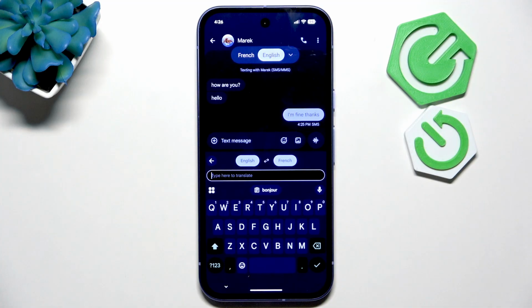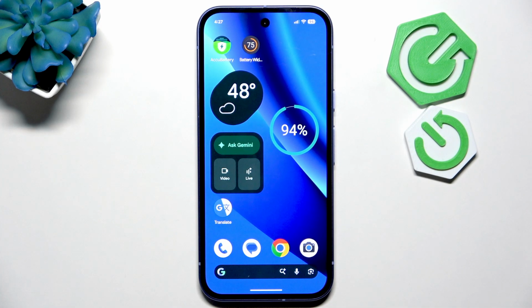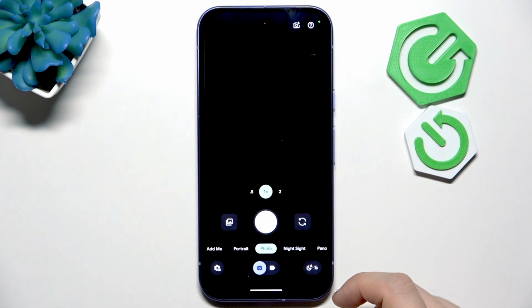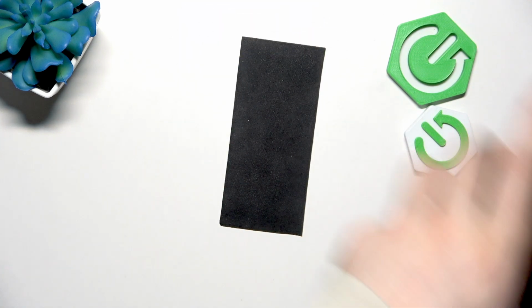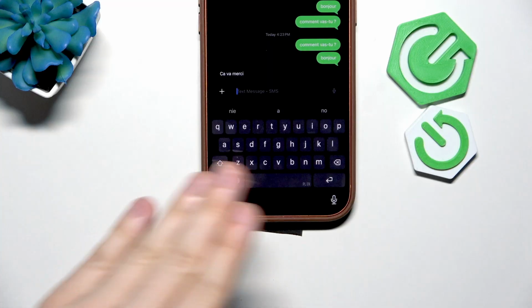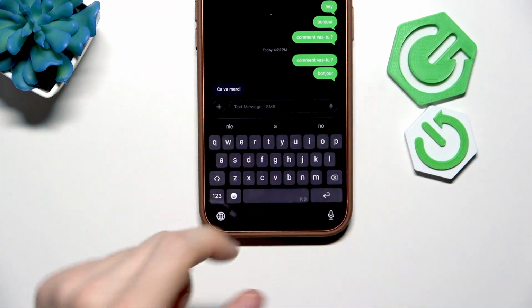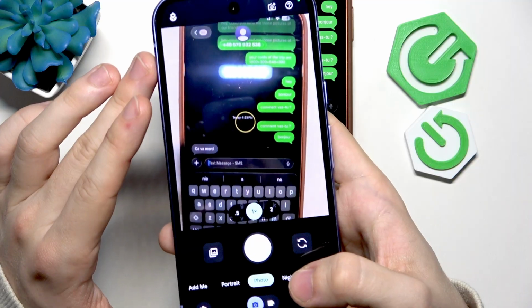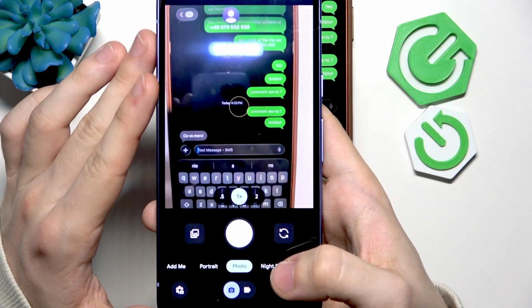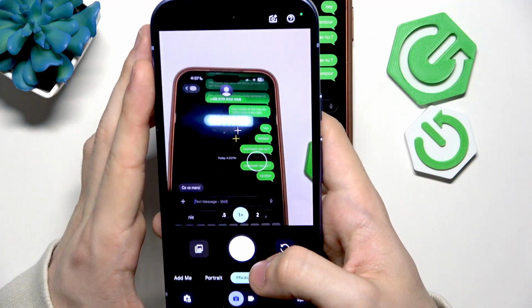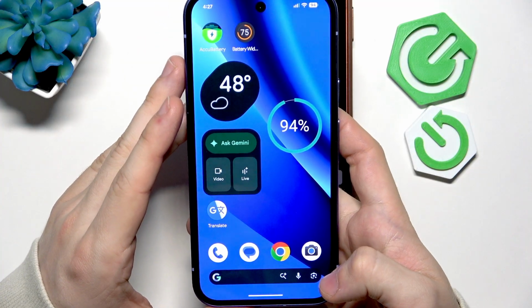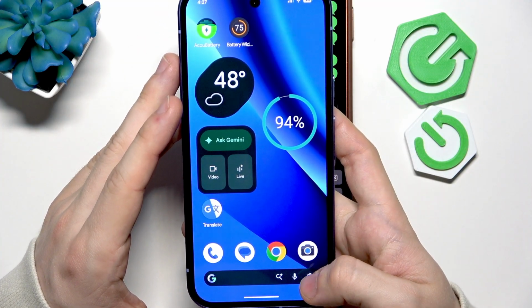Now let's jump into another feature. The next feature is going to be camera. And what I mean by that is I don't know if it works in the camera app. I haven't tested it yet here, but I've tested it in some different places. As you can see, there are some messages here. I'll just point on them. And well, it doesn't do anything. Of course, it does not. Like, why would it? But when I go to Google Camera, which is the button right here,